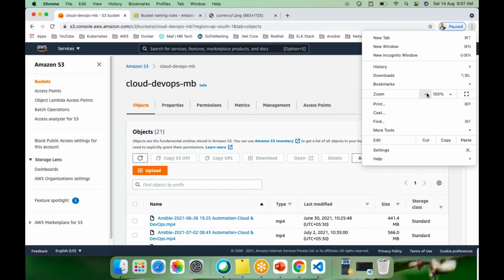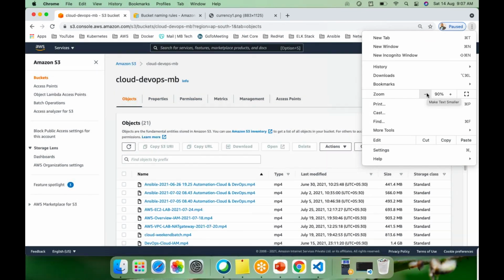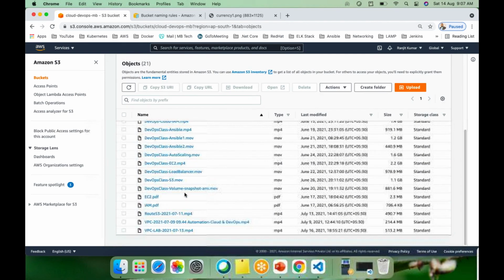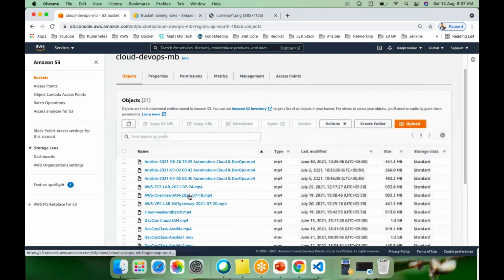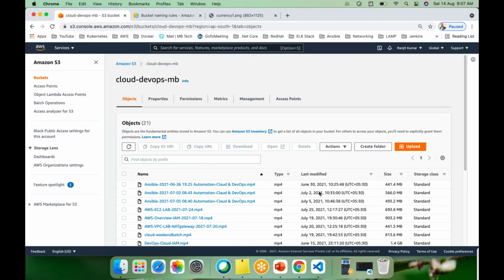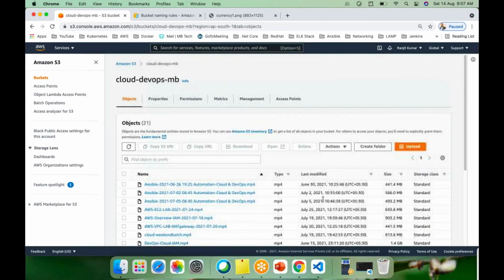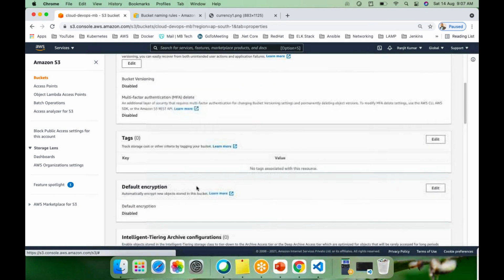I have another bucket where I have activated this transfer acceleration. It says, use the accelerated endpoint for faster data transfer, which will incur additional fees. You have to pay some additional fee for this property. Now I'm not enabling it, I'm just leaving it. So let's cancel this one. I'll show you another bucket where I have activated this. Let's move on to that bucket.